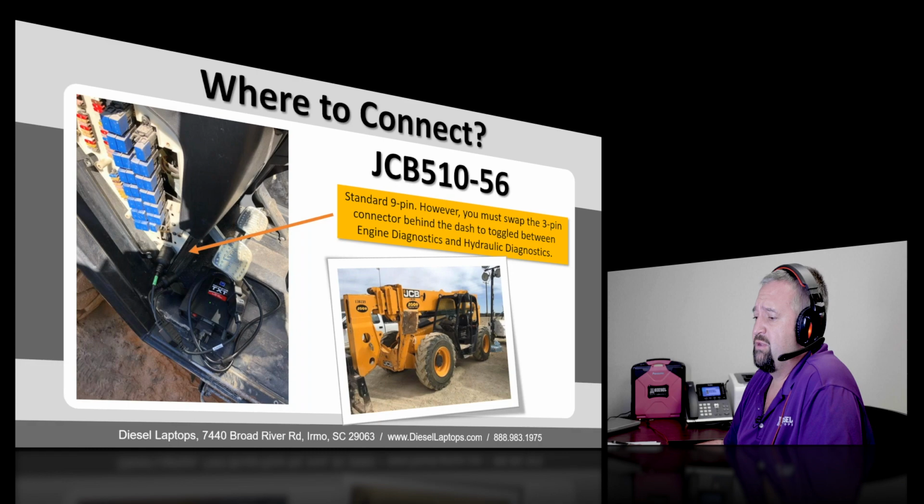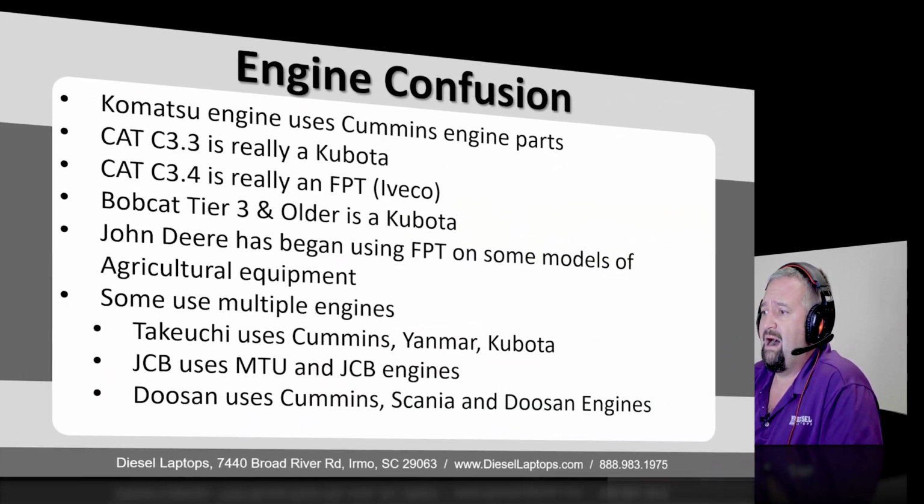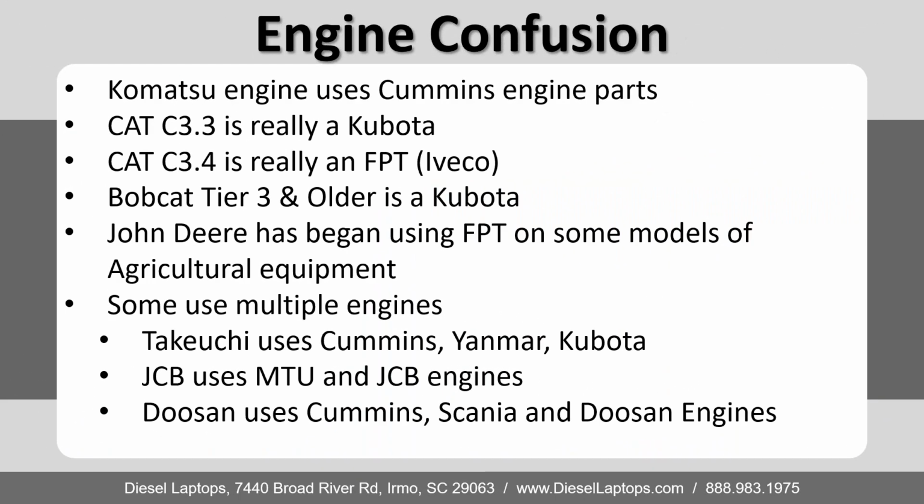Now I also want to explain a little more about what's going on in the off-highway world. When I say off-highway, we're talking about everything that doesn't roll down the freeway: generators, farm tractors, construction equipment, all of those things. And there's a lot of rebranding that goes on. For example, Cummins engines were used for a long time in Komatsu. Does Komatsu have their own engine now as well? They absolutely do. And the big thing I didn't understand is I always thought when I saw a Cat yellow engine, it was a Cat yellow engine,